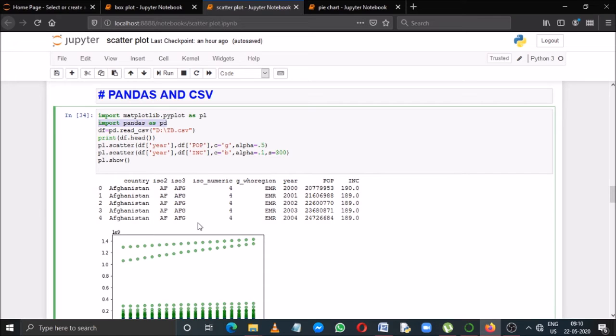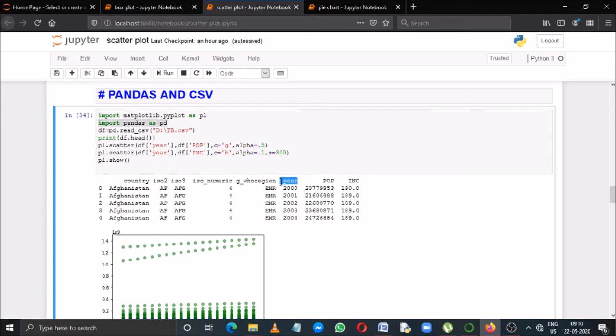Now just study this data frame, what is there. Initially 0, 1, these are the row labels. Then the first column name is country. Then the second column name is ISO 2 codes. Then ISO 3 codes. Then ISO numeric values. Then another code is there.